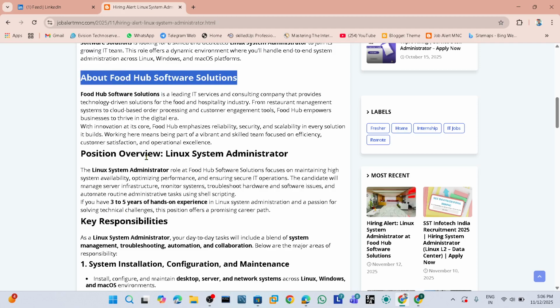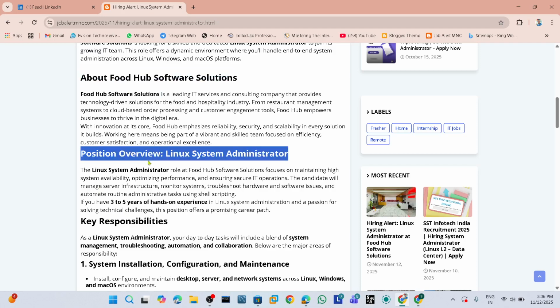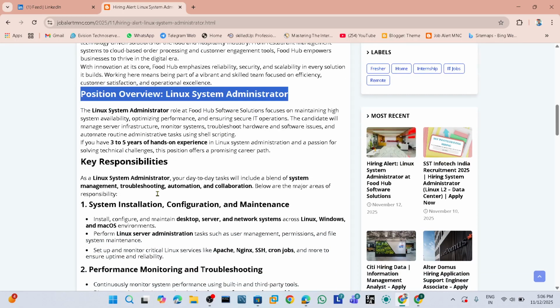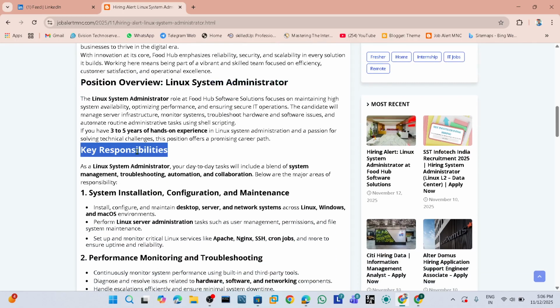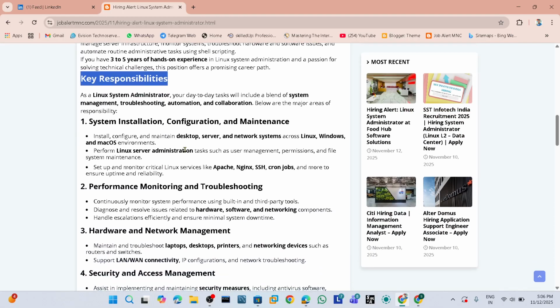What are the positions you should learn from here? What is the position of the Linux administrator? What is the experience? And you should be aware of the key responsibilities. You should have knowledge of system installation, configuration, maintenance,